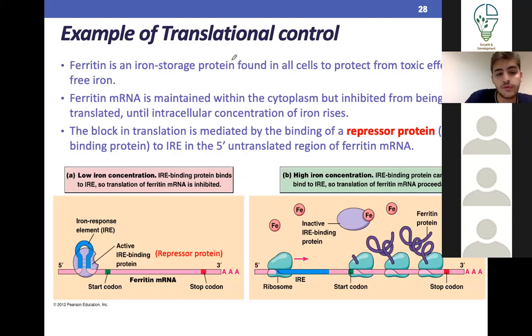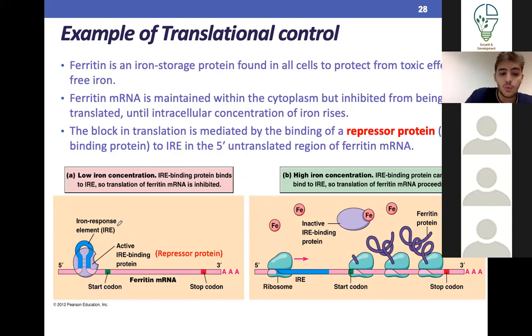One of the most important examples that you should 100% know is ferritin. Ferritin is something that we studied a lot in heme, and it's very important. It's a protein that binds iron. When you have a lot of iron, you don't want that in the cell, because it will deposit in the mitochondria and everywhere and cause a lot of problems. So you want to control that. Ferritin is a protein that binds iron and regulates this whole thing.